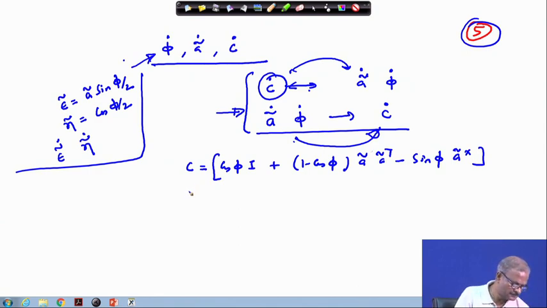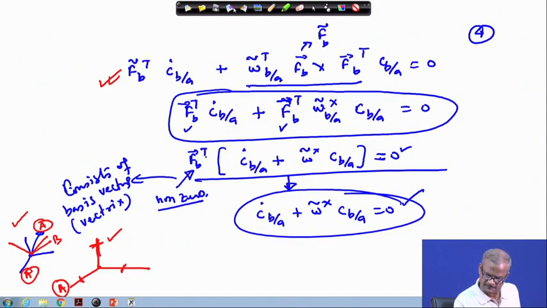So, from the previous slide, we carry it to the next phase: omega tilde cross times